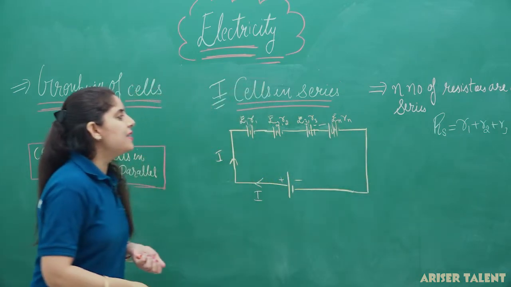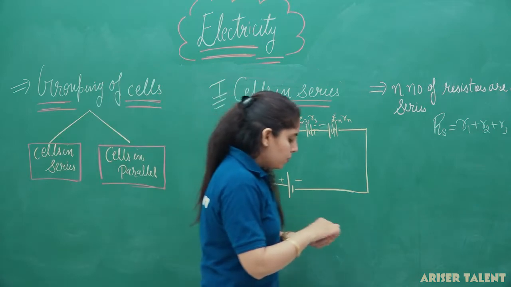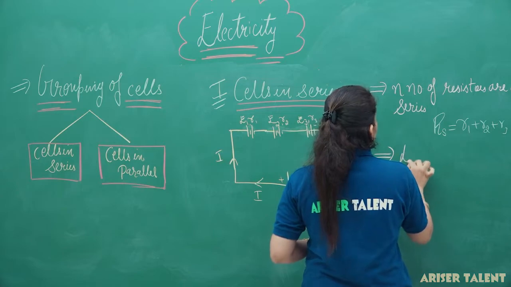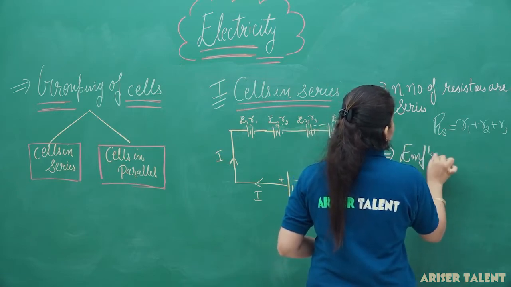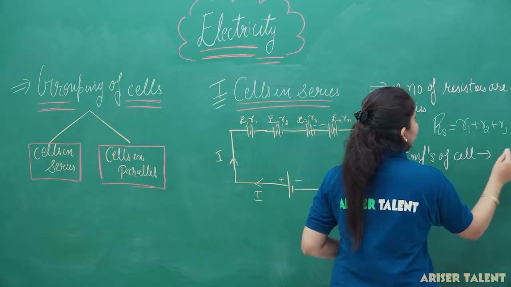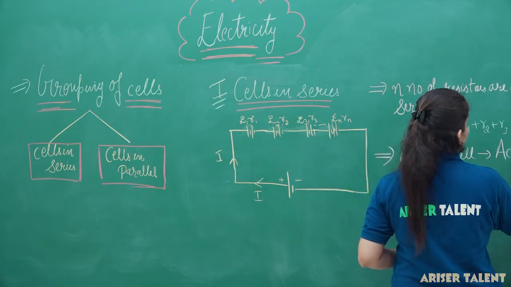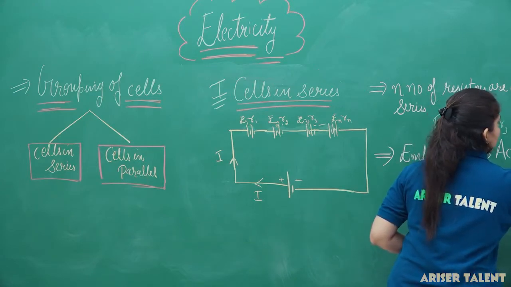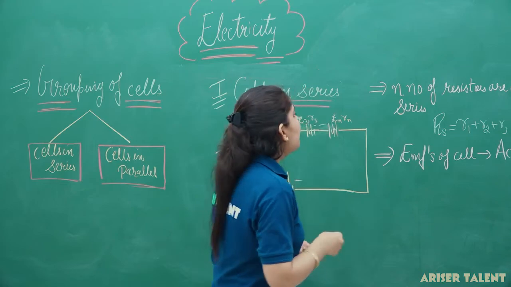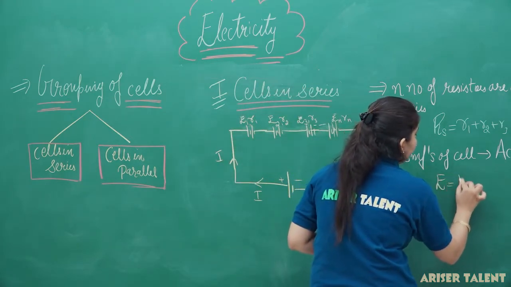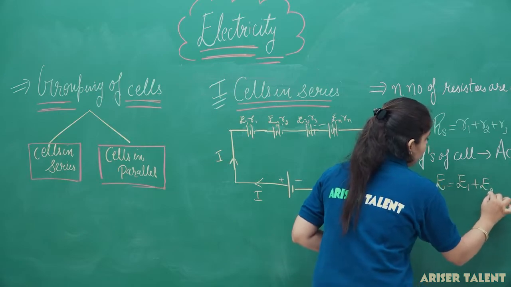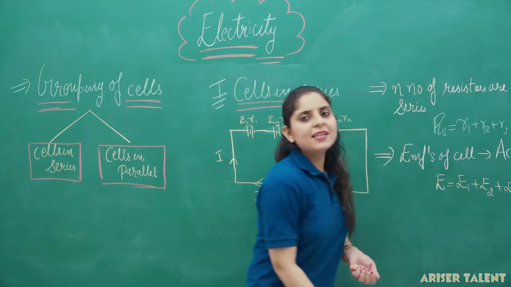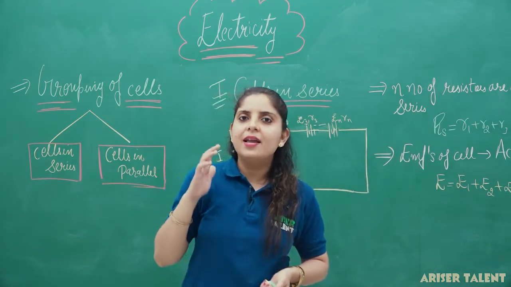You can also draw cells with some EMF value. Now, if you are counting the EMFs of the cells, then the EMFs will be added according to the polarity. According to polarity, it must be added. Then the EMF of the cell also came out to be E equal to E1 plus E2 plus E3 up to En. So, you can see that we have n number of resistors and n values of the